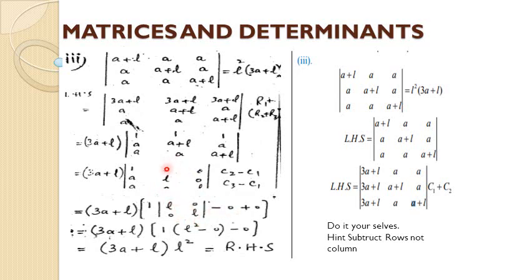Minus 0, so first row second entry, and 0 multiplied by anything is 0, so I don't write the minor after this. And again the same thing, plus first row third column 0, so there is no need to write the minor of this. So only we have to solve this. AD minus BC, l square minus 0, that is l square, and you have to prove it. Okay, so by this method you have to prove it this way.